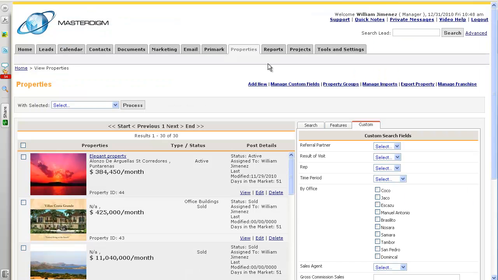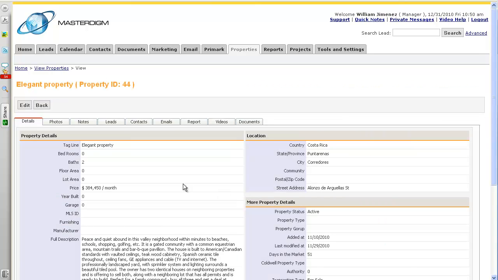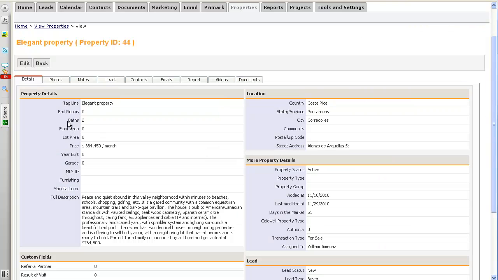Now we will go through how to add a new property. But before we do so, I'd like to show you a little bit about how the system will function. You can view your property, edit, or you can delete. If you click on view, you will notice you have the details of the property